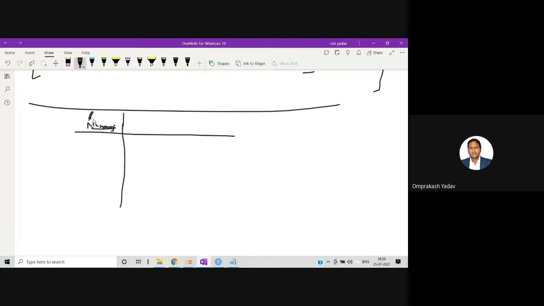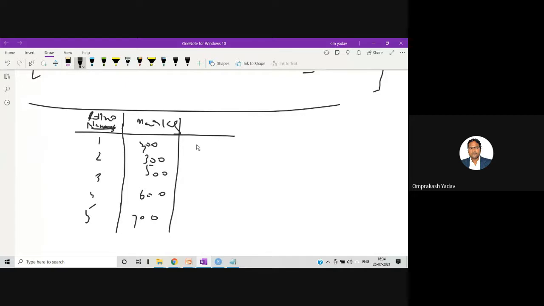Or we'll take the roll number of the student. So this will be 1, 2, 3, 4, 5 like this. Okay, then we can take the marks, total marks. So we can have the marks like 400, 300, 500, 600, 700 like this. And then here we can take the class.